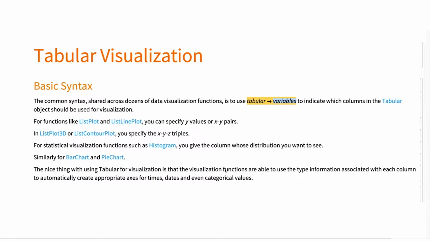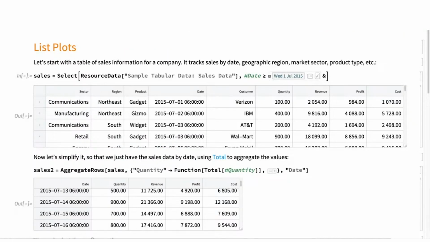And one of the nice things about using Tabular for visualization is that the visualization functions are able to see the type information in the tabular object and automatically make use of it. Whether it's a time column or a date column or even categorical ordered or unordered data, we can make use of that. So we'll go through a few examples relatively quickly, and we're going to start with a data set